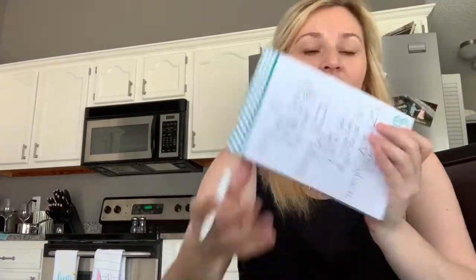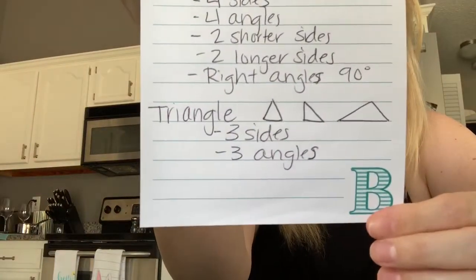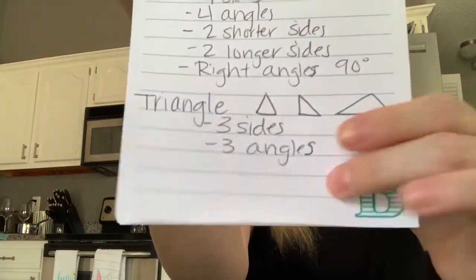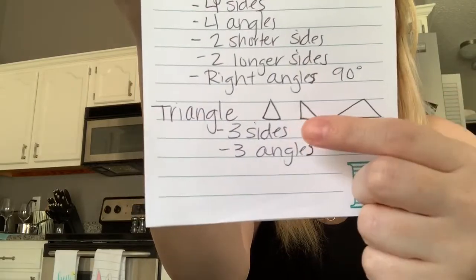Okay, yeah, it's 2D and it's flat, which are all the shapes we're talking about, but it's got 3 sides and 3 angles. Very good. 3 sides and 3 angles. That's what makes a triangle stand apart, because no matter what the triangle looks like, it's gonna have 3 sides